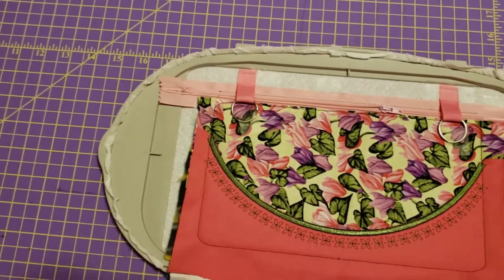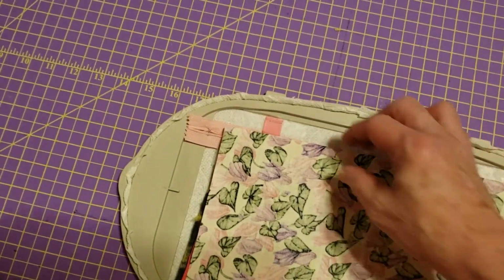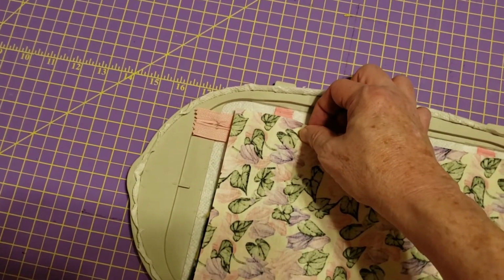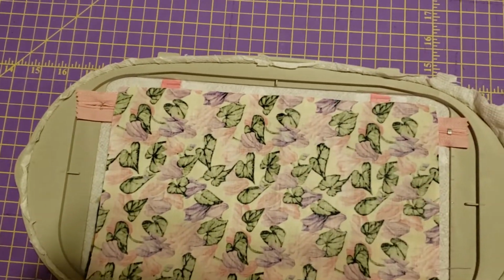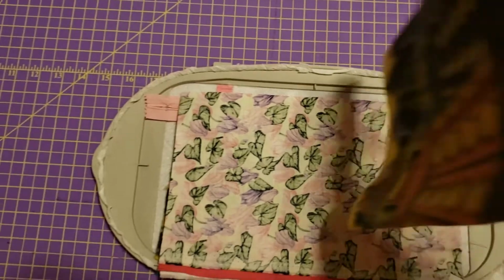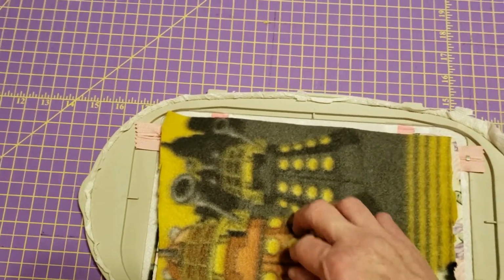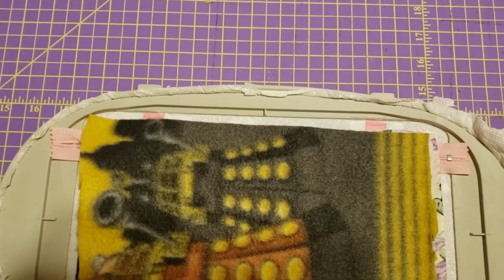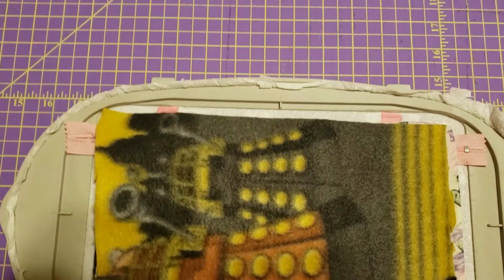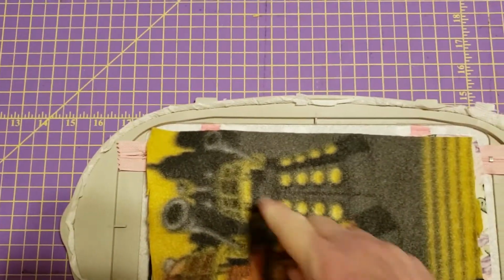So we'll take our back fabric, put it face down, make sure it is about 1/4 of an inch over the zipper and our other little batting piece, and do the same with it. And, oh, I think I just about got it right without having to readjust it. So I'm going to take it to the sewing machine or the embroidery machine, and the next step this is